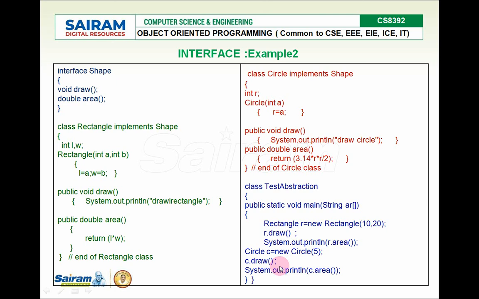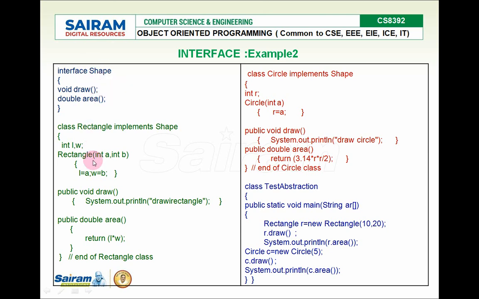So what is the difference? Here in the interface, void draw and double area are the methods in an interface. An interface is similar to a class. It can have methods without definition, or rather the methods of an interface are abstract by default. So it doesn't have an implementation.